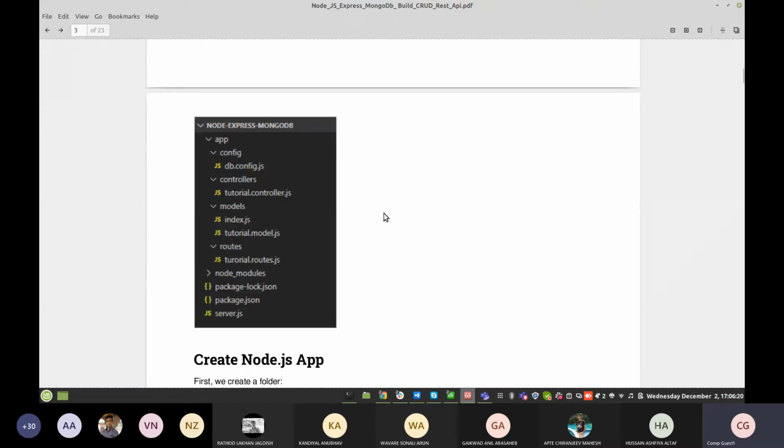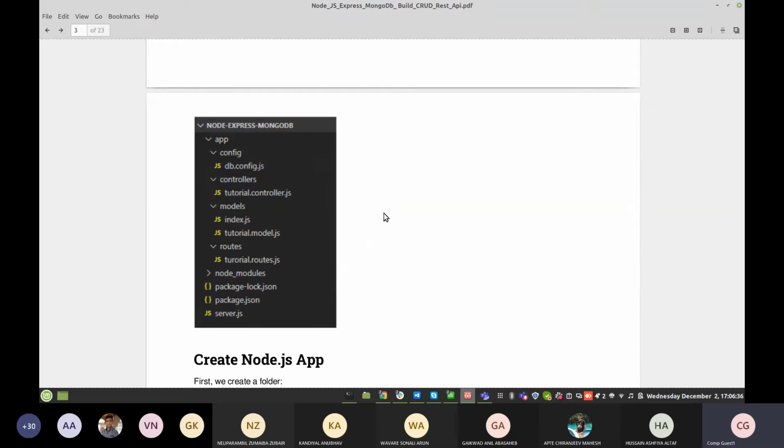So this is our project structure, how the project structure actually looks. First is the app directory. The app directory contains the config directory, which contains your database configuration used to connect to MongoDB.